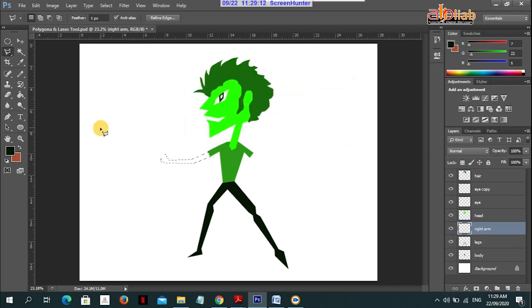And I want to select the color of this one, the skin tone. So you can use eyedropper. Select the skin tone of the head. So it will automatically change the foreground color into the skin tone. Okay. So by using paint bucket tool, color it, and use polygonal lasso tool to create another shape for the